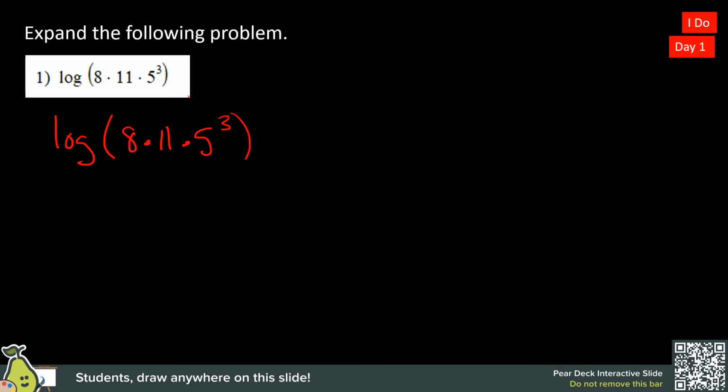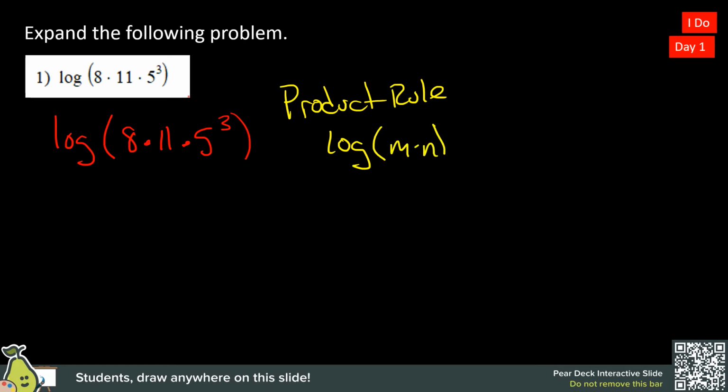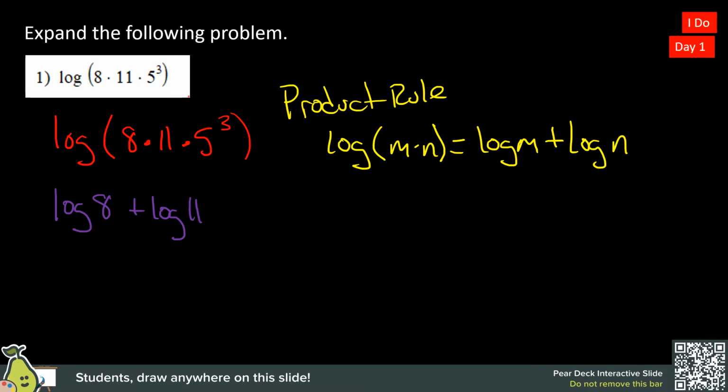So what we need to do and need to understand is we need to use the product rule, okay, where log of m times n is equal to log of m plus log of n. So that's what we're going to be doing here. We're going to split this up, but not into two parts, into three different parts. So we can say that this is going to be log of 8 plus log 11 plus log of 5